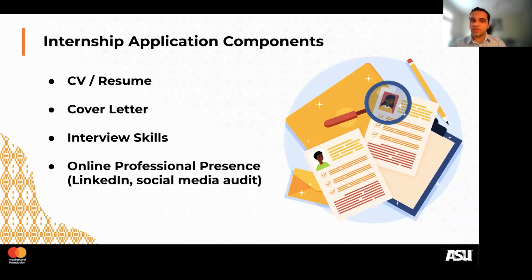Because having a really good CV, resume, crafting a good cover letter could all end up helping you later when you apply for a full-time job, which in many cases, when you do an internship, could be a few months after that. So this is a perfect opportunity. Honestly, it's a two birds with one stone kind of situation. You're preparing for two things at once. So you see cover letter, resume, interview skills are key.